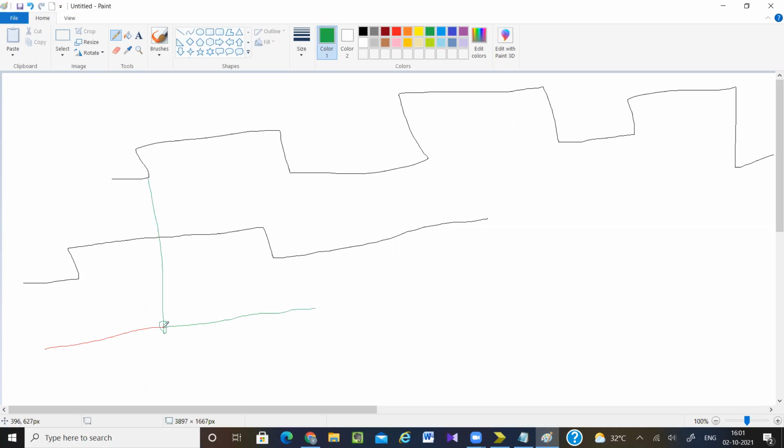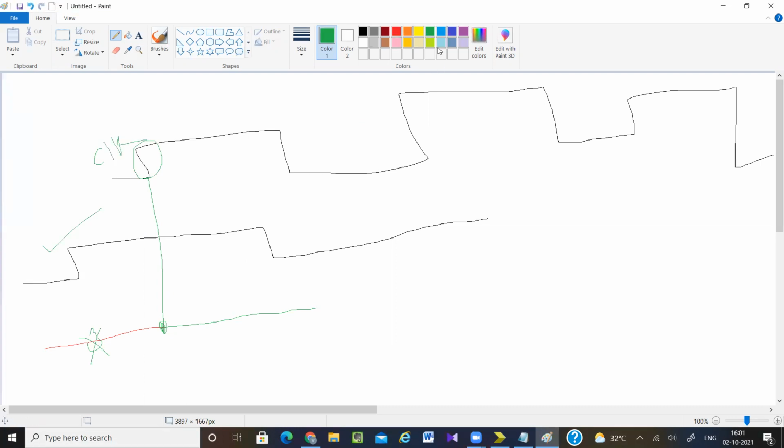At this point only output will go to 0. Here output can be any value, I don't care. Here only output will go to 0. Why? Because it is synchronous reset. I have made reset signal 1 here, but it will wait for passage of clock. So whenever there is a passage of clock, at that time only my output will go to 0.